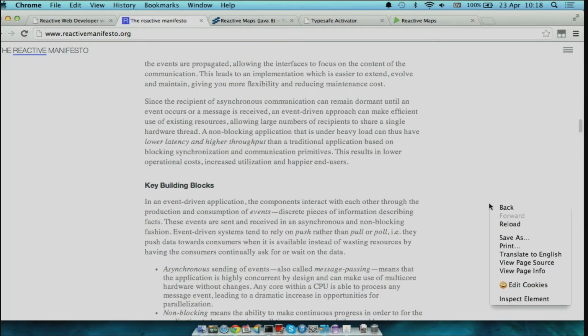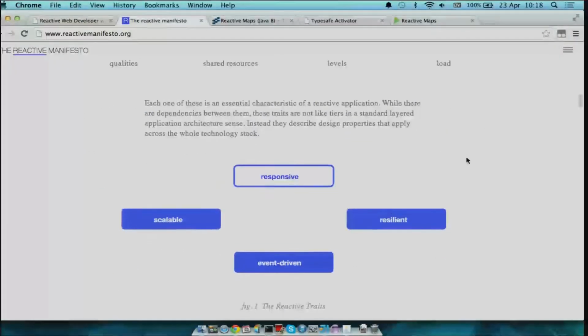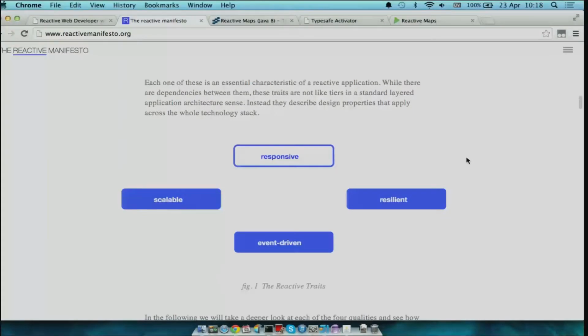So the Reactive Manifesto has 4 tenets. One is event-driven, so that is primarily about things being asynchronous I/O, things responding to events rather than you requesting something and waiting for it to happen.